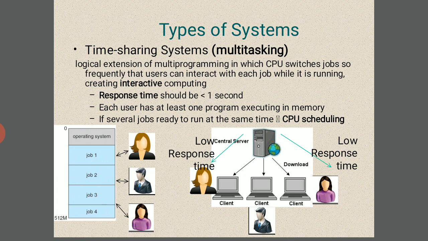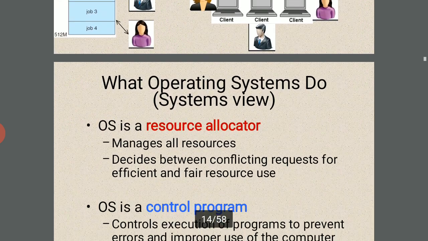This is a high-configuration central server. Low response means it takes a very long time, because the clients are waiting, and the central server receives the data one by one.